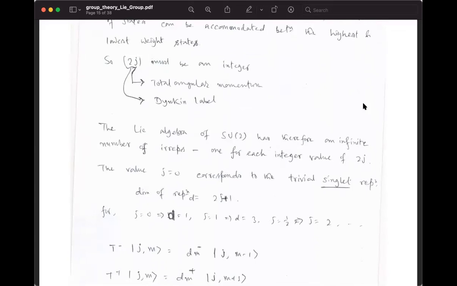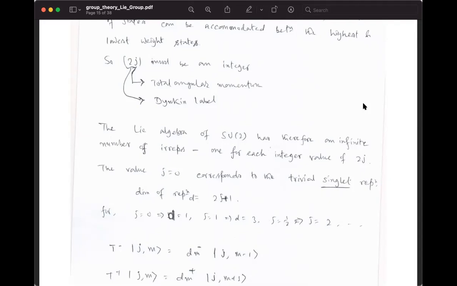So for the real algebra SU2, there are infinitely many representations. For given j values, you can calculate the 2j plus 1 dimensions. For j equal to 0, the spin 0 states are basically one dimensional, a single representation which does not transform under SU2. That is quite understandable, because the SU2 is representing a spin, and if the spin is 0, it is known as a scalar, and scalars don't have any SU2 transformation, so to say.